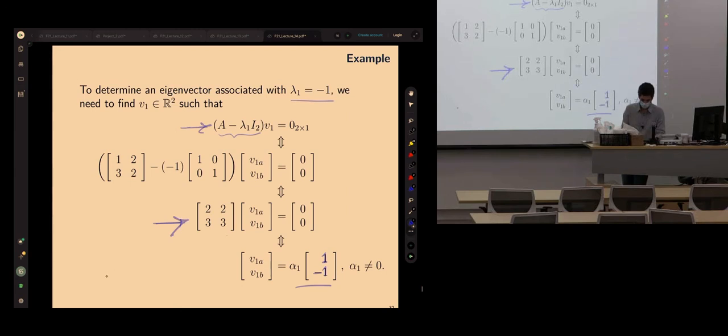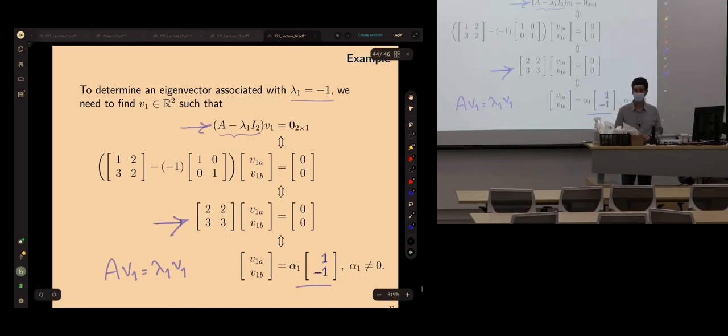In other words, A times v1 equals lambda 1 times v1. Now I have one eigenvalue and one eigenvector that satisfies this surprising equation that only scales the vector. So I found the direction, actually. For different matrices, these are different, right? So eigenvalues and eigenvectors are